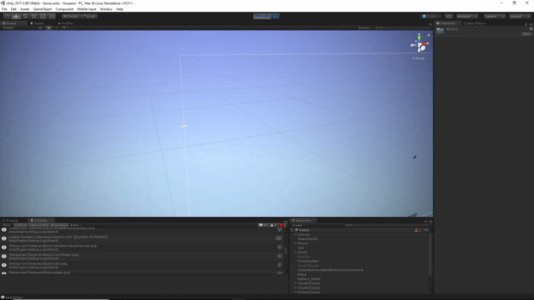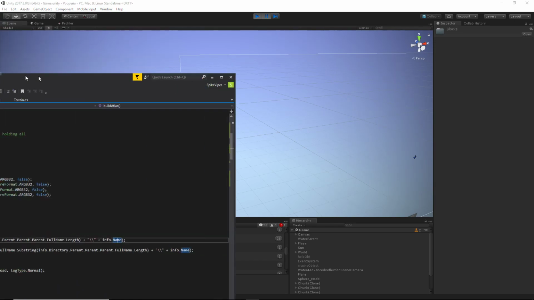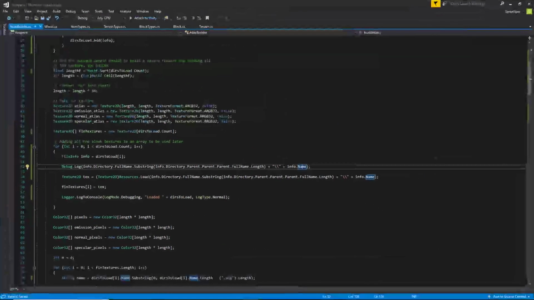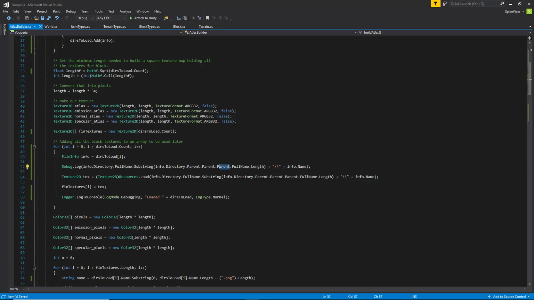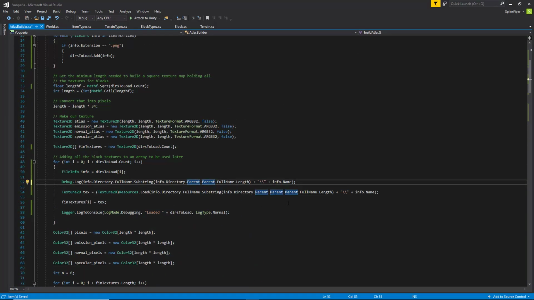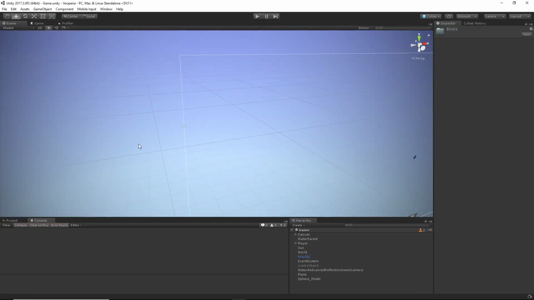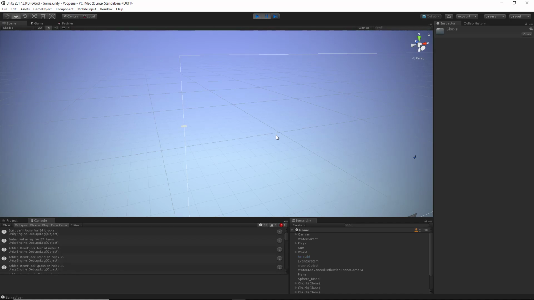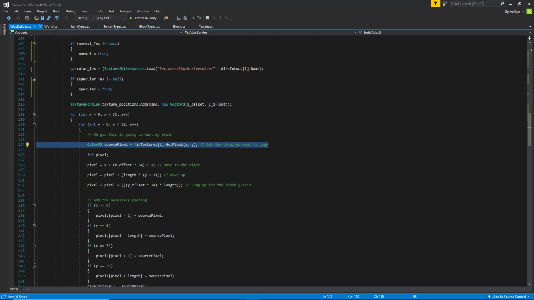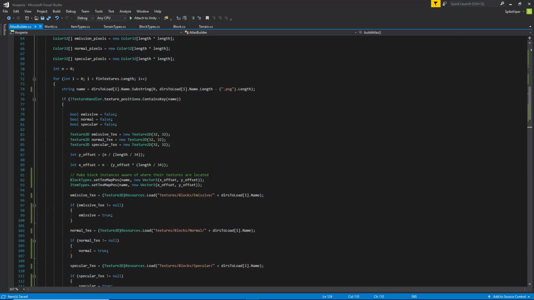Resources. Oh, we don't want to include resources, do we? No, because we're already in the resources folder. So we only have to go down 2 parents here. So this should work. Same error, different error, same error. We've got